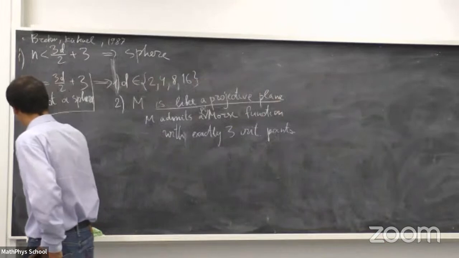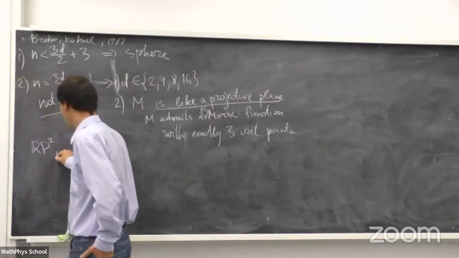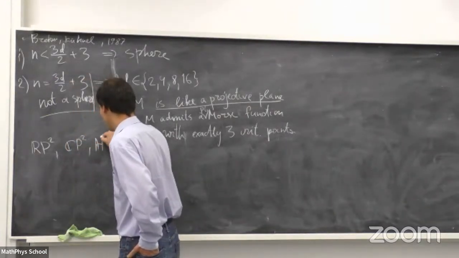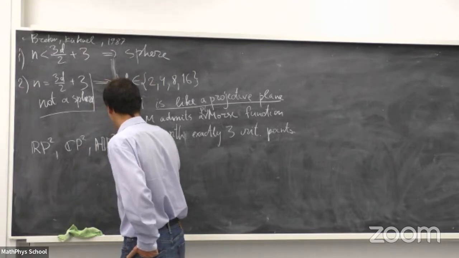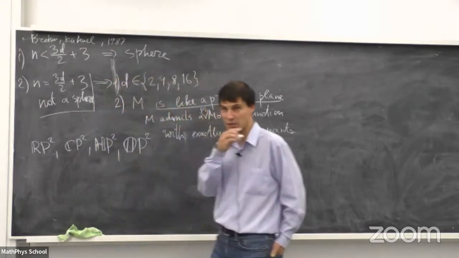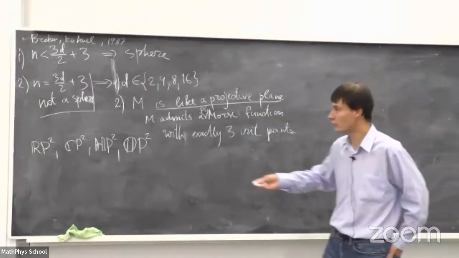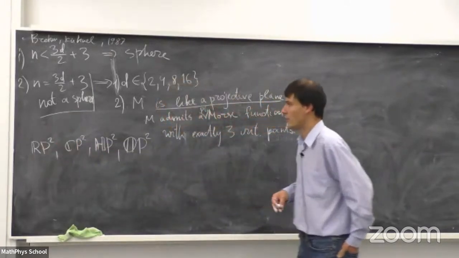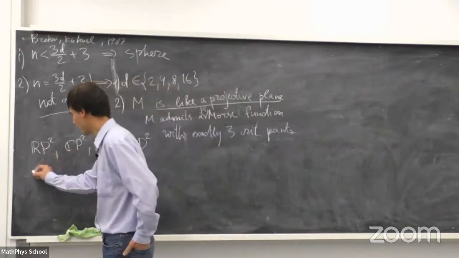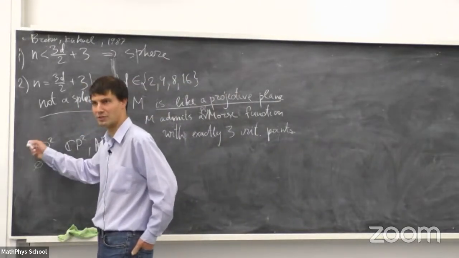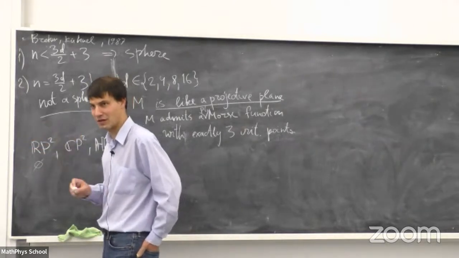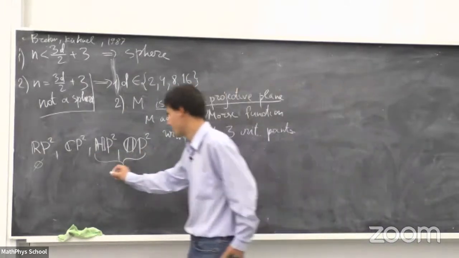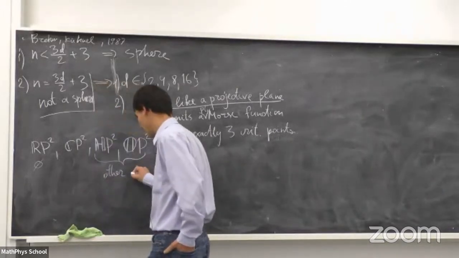What are the projective planes? We have RP2 in dimension 2, CP2 of dimension 4, HP2 of dimension 8, and we have the octonionic projective plane of dimension 16. We have these 4 manifolds. Each of them admits a Morse function with exactly 3 critical points. But it turns out that at least here we have no other possibilities, only these manifolds admit it. But at least here there are other manifolds